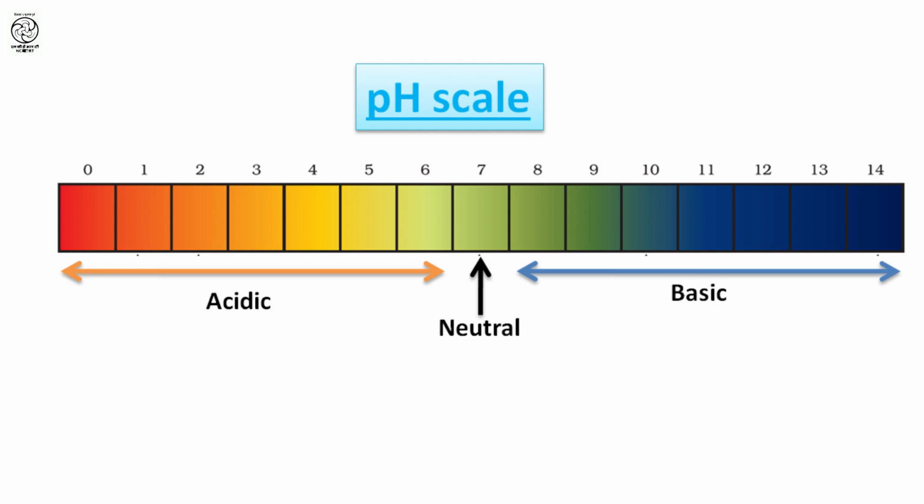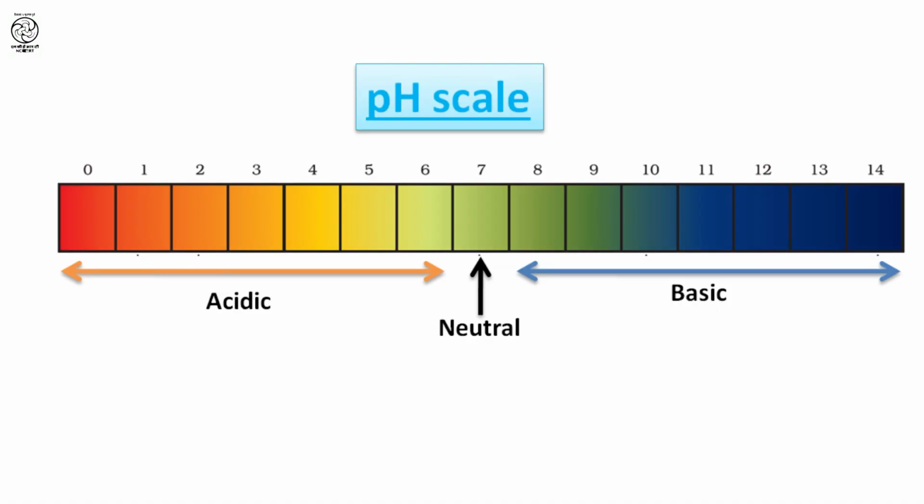Okay students, now we have understood that pH ranges from 0 to 14, and there is a middle point, that is 7. Now can you tell me which solution will be acidic, which will be basic, and which will be neutral? Sir, I guess the solutions having pH 7 will be neutral. Good. And the solutions with pH less than 7 will be acidic. You are right. Answer which will be more than 7? It will be basic in nature. Very right. So students, if the pH of a solution is 7, it will be neutral. If pH is less than 7, it will be acidic, and if pH is more than 7, it will be basic.